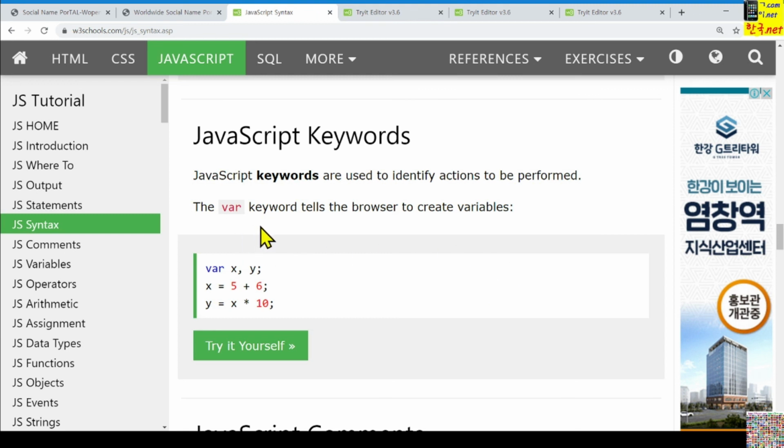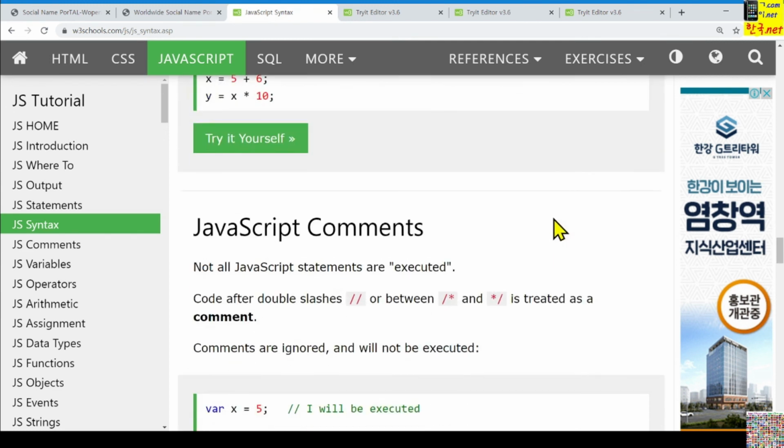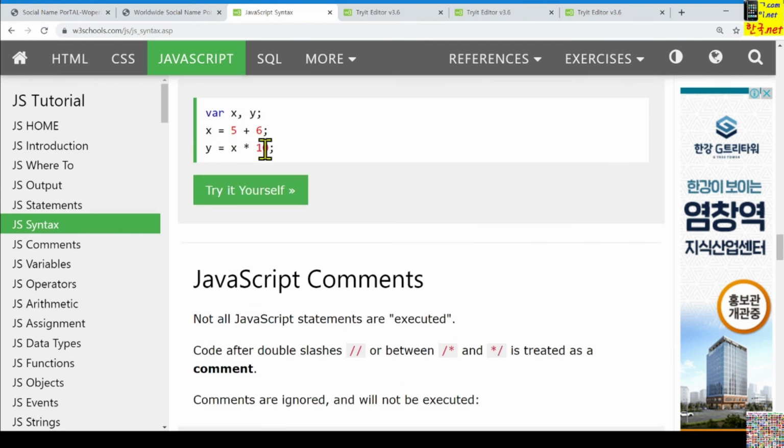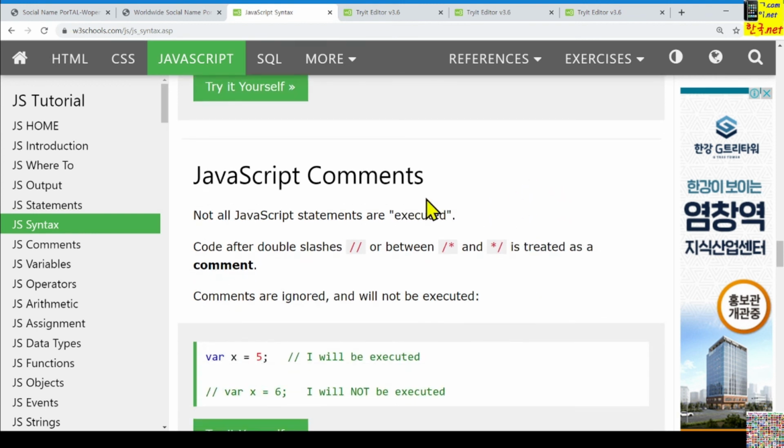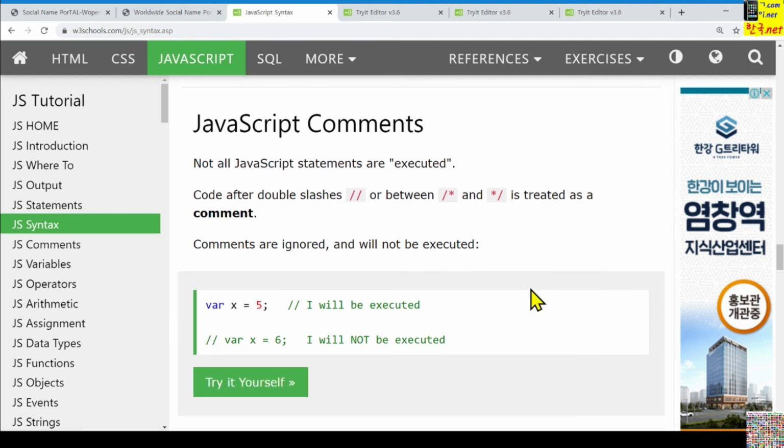To declare a variable, we can use this var keyword. This one is telling the browser to create variables. Even though we are not using var, we can declare. Later we'll look at that. Now if we are declaring intentionally using that var keyword, then we can declare variables in JavaScript.